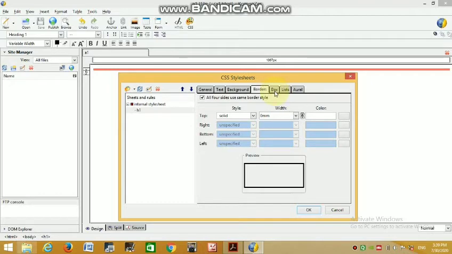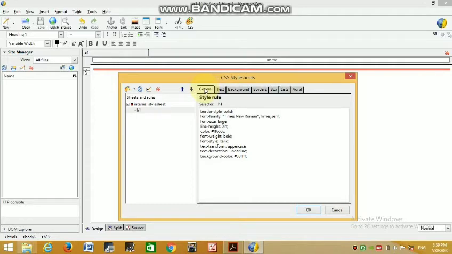There is no need to set box, list and URL. First is general. When you click on the general tab, you can see all settings of your tab here. Code for your CSS you can see here. Okay, our one tag H1 you can see under the internal style sheet command.